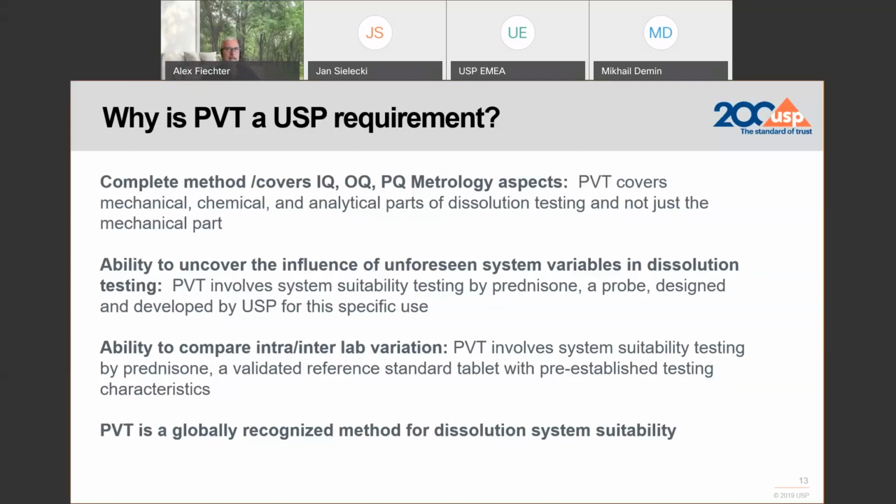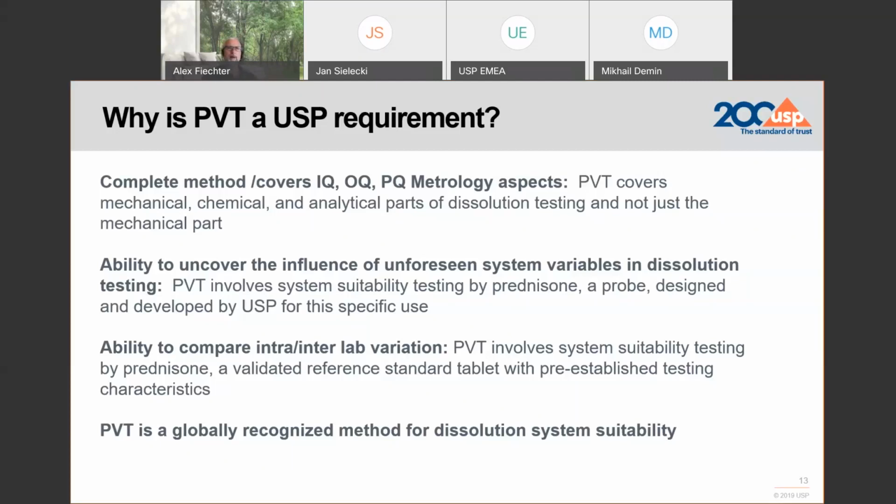PVT is a globally recognized method for dissolution systems. The US Pharmacopoeia is the only pharmacopoeia that describes a specific formulation with specific test procedures. Other pharmacopoeias do recommend a similar system suitability approach, but you are left with your own interpretation of what to do with PVT.